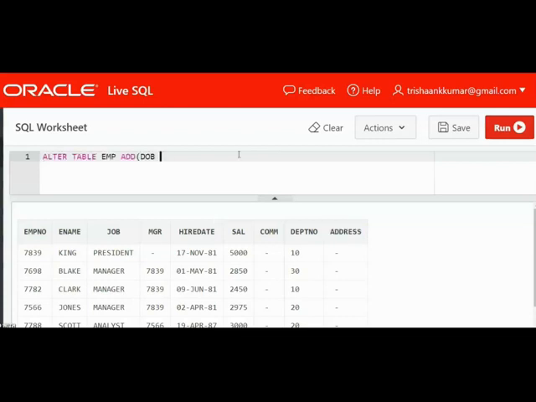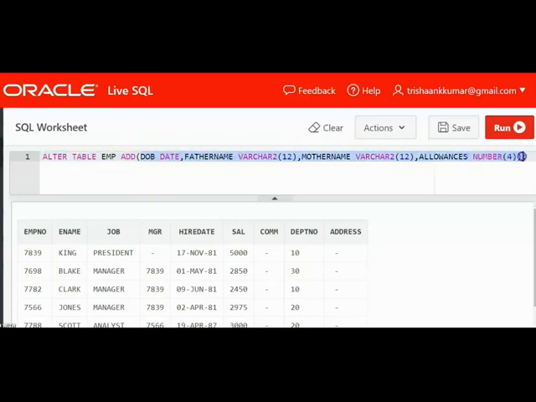So alter. Now what I will do, the date of birth column is not present in the EMP table, right? So I will add date of birth. Date of birth is of date data type, comma. Now I will add father name varchar2 12 and mother name varchar2 of 12. So 3 columns. Now I'll add one more column, allowances of number type, with the size in digits.